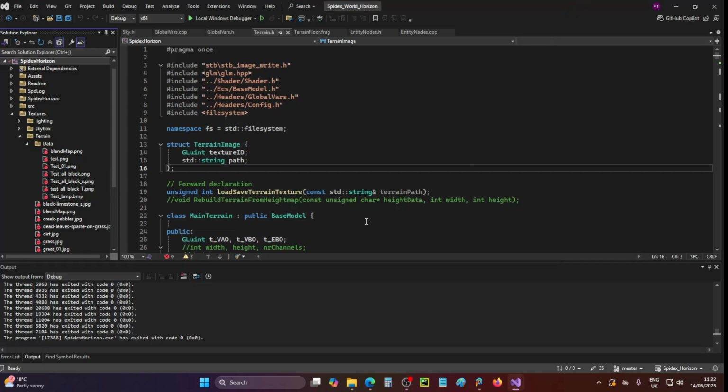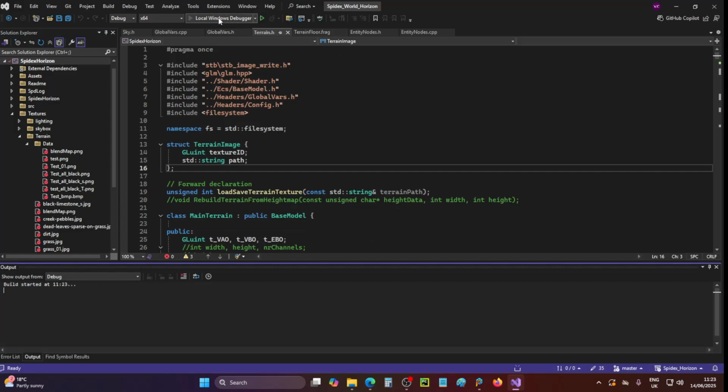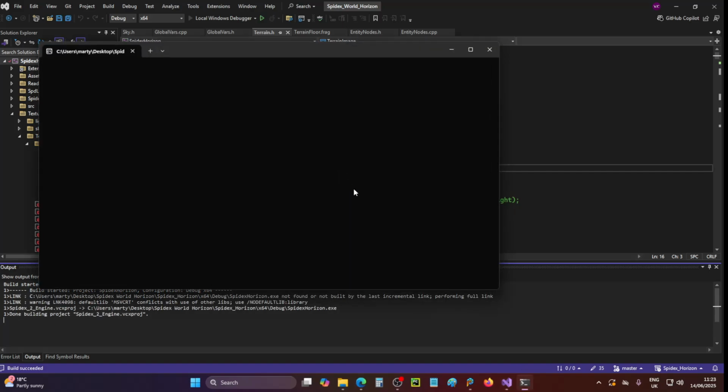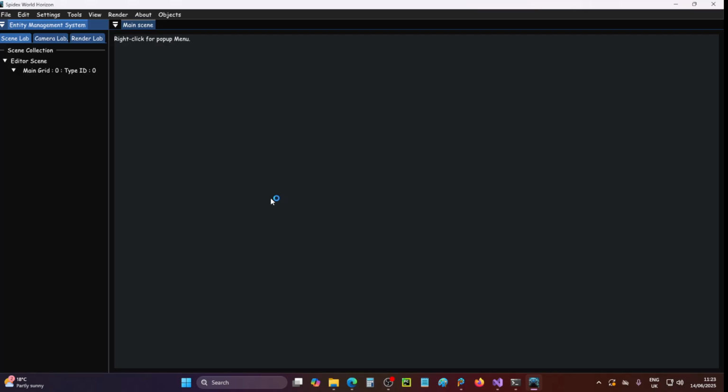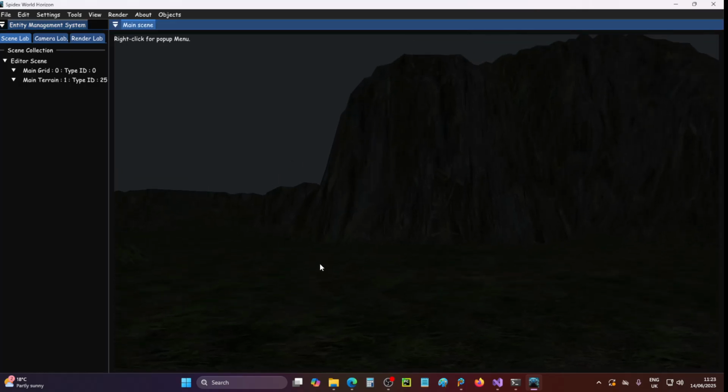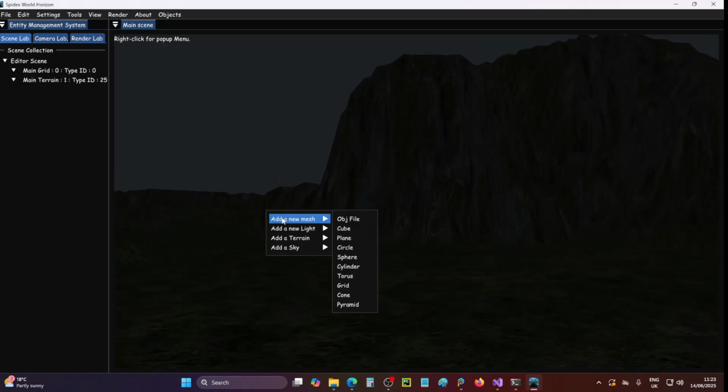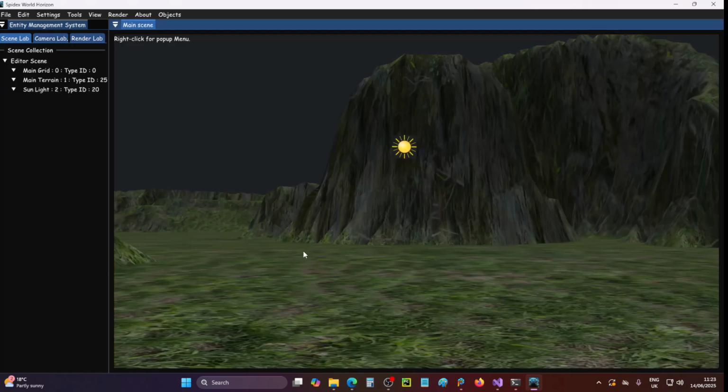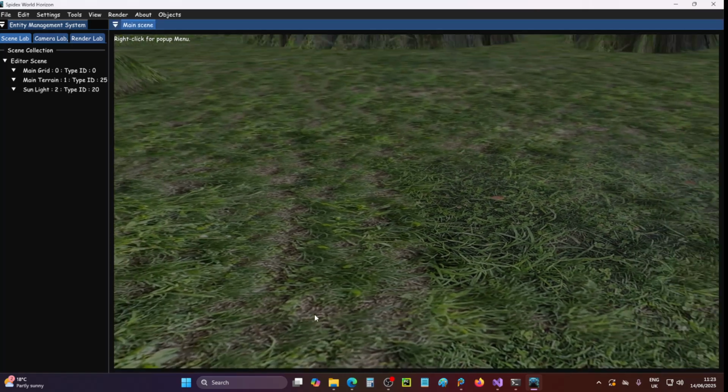Okay, so terrain. I've managed to get the terrain looking quite realistic. I can edit the terrain, and I've now added a little bit of texture blending, which is working after the fashion. So let's add a terrain. Let's put some sunlight on it so we can actually see it better. And if we just go back a little bit,